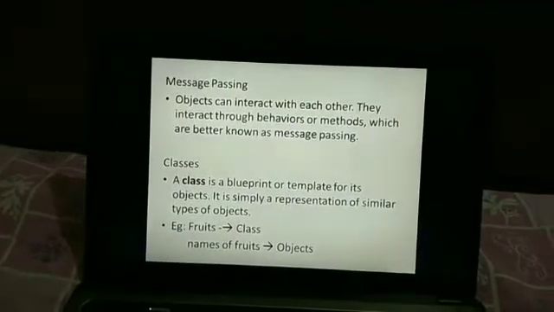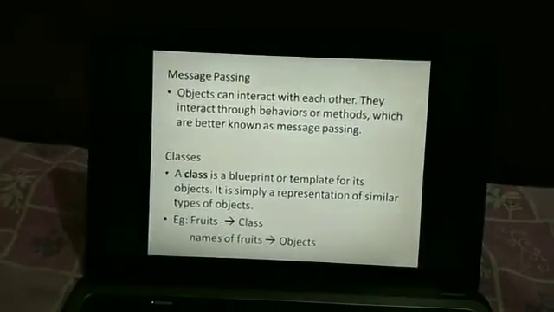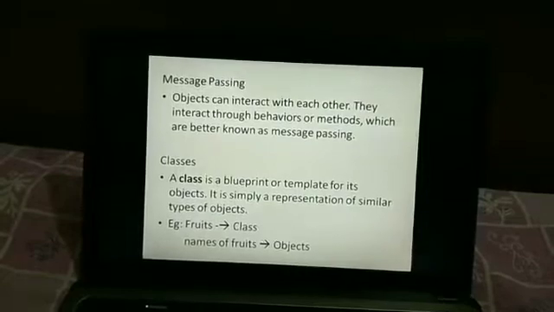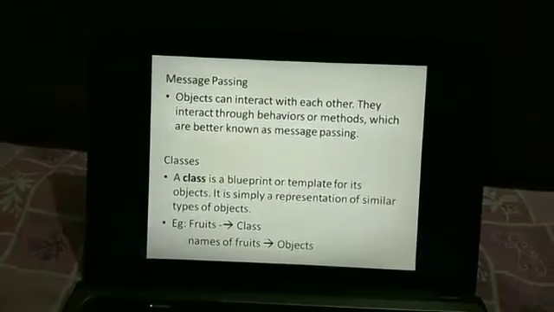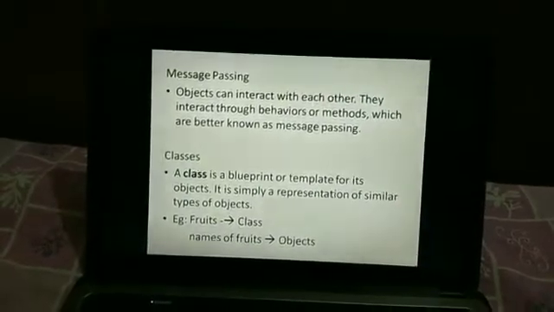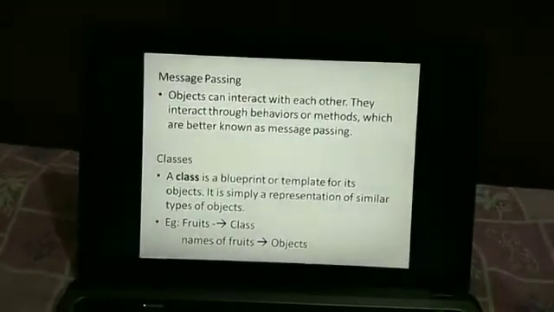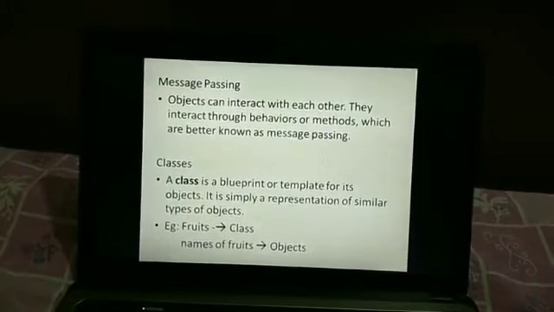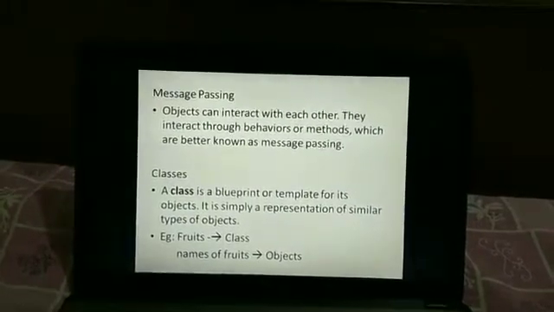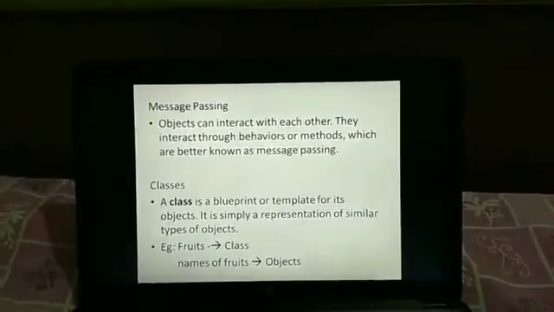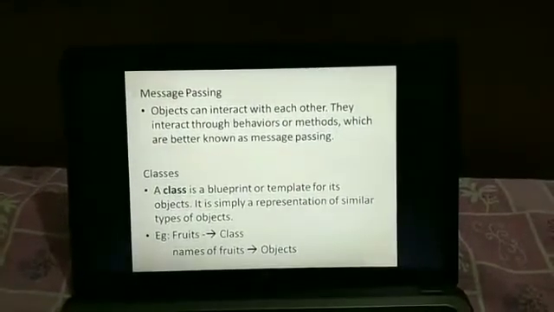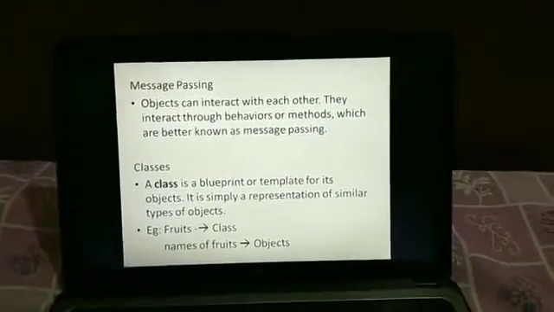They interact with each other by the behavior or method called message passing. Behavior is called under which world? Behavior is called under the real world, and methods are called under the software world.